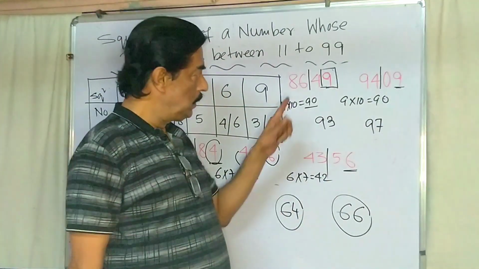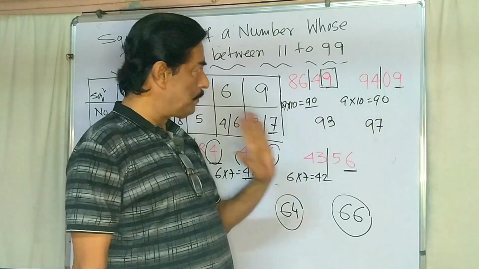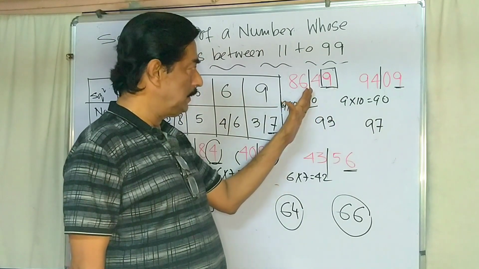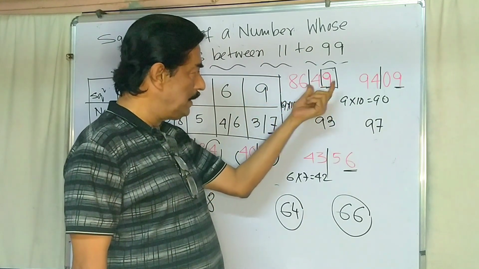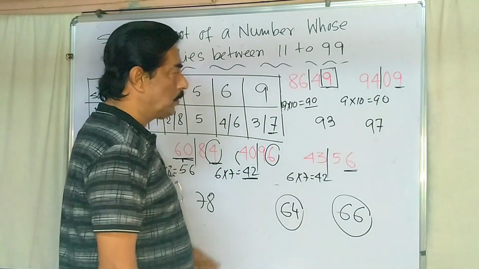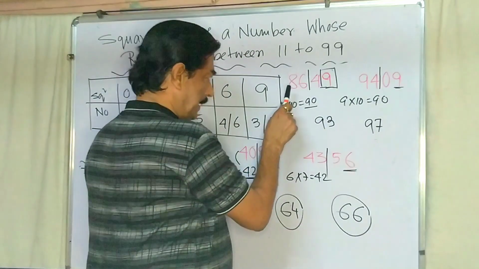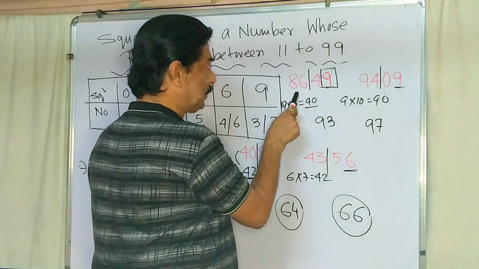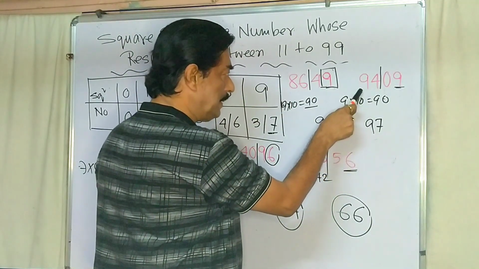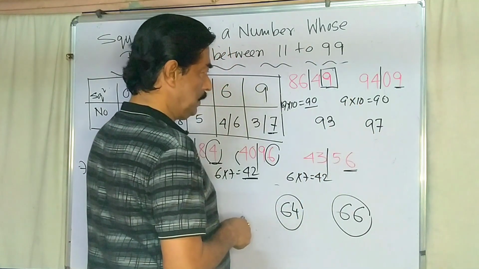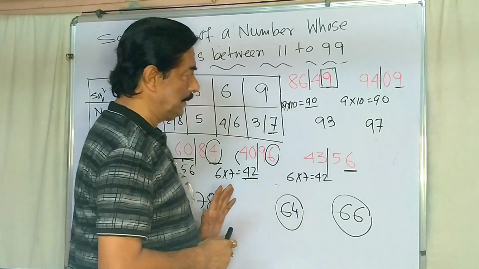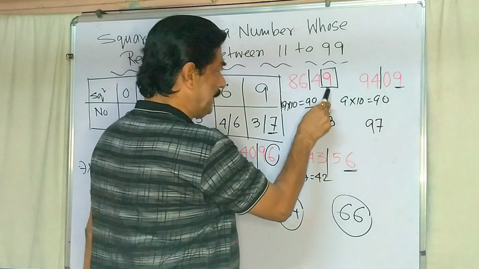Now last revision. Consider these two numbers. Step 1. Divide the given number into two parts, 2 places from the right side. So the left part is 86, right part 49. Left part 94, right part 0. Step 2, find out whose square is less than 86 but nearest to 86, which is 9. It is 9 also because 9 square is 81, which is less than 94 and nearest to 94. So for your 2 digit answer, the left hand digit you already found is 9 and 9. Now consider the right hand digit.